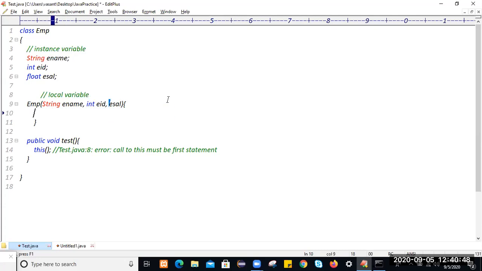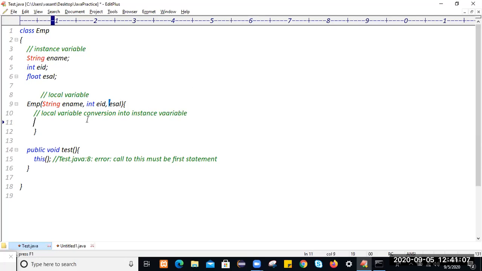So how will we convert this local variable into an instance variable? Always go with this at project level.